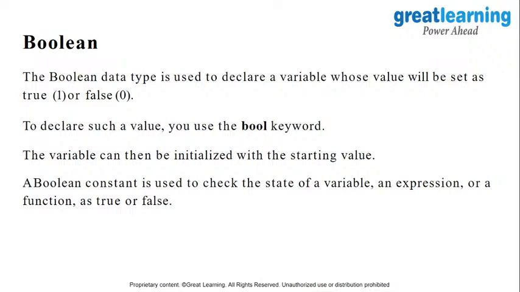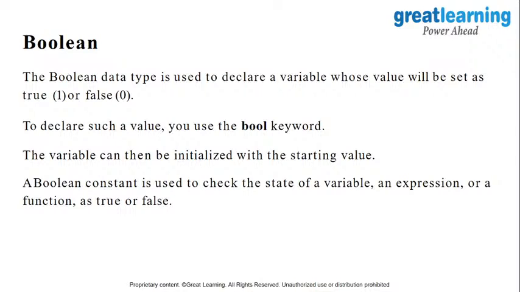Now let's talk about Boolean. A lot of you guys were asking what is a Boolean. So Boolean is a data type and it is used to declare variables whose value will be set as either true or false. By true it can be 1, or by false it can be 0. To declare such a value you use the keyword bool, okay, and the variable can then be initialized with the starting